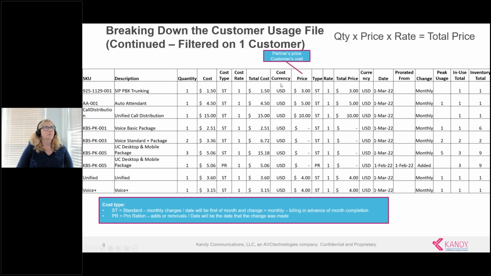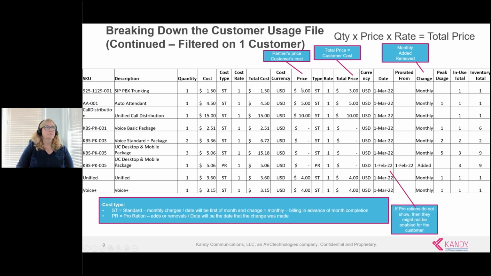And so breaking this down further, as we look at price, this is either the price that you're selling it at, or if it's a downstream reseller or a downstream customer, this is your customer's price. Okay, so in this example, this is a very good partner, so this would be the partner's cost, but then the partner's price, or the customer's cost, the enterprise cost or the business cost in there. And again, you see the total price is the customer's cost. And again, it is quantity times price times rate is equal to total price in this. Okay, so if you don't see prorations, then that means that you don't have prorations enabled for the customer. And again, the ST are the standards that are at the 1st of the month,